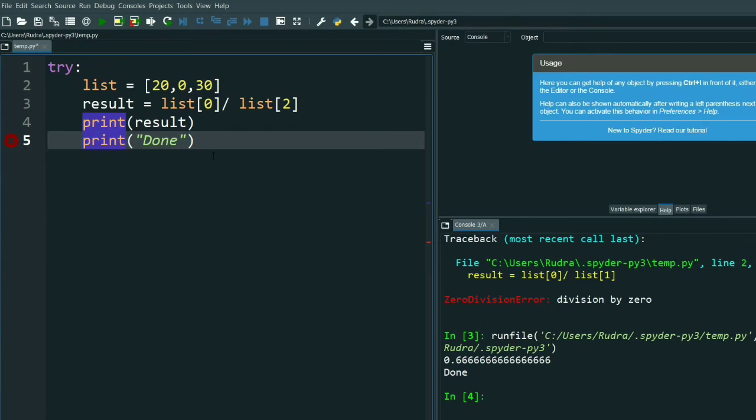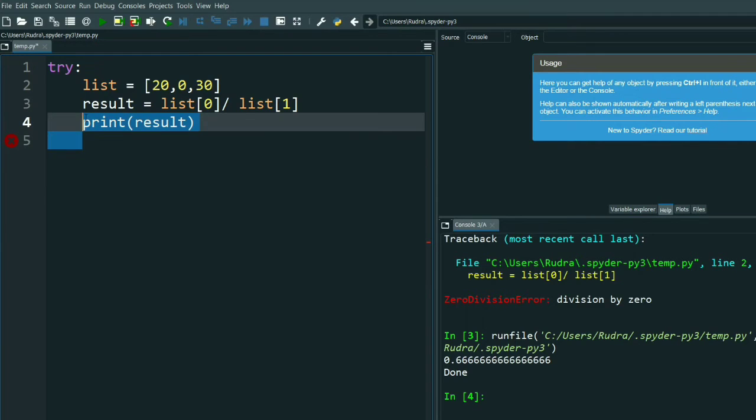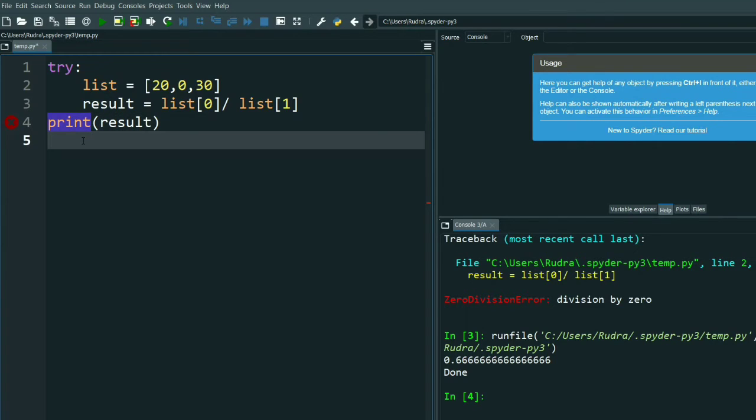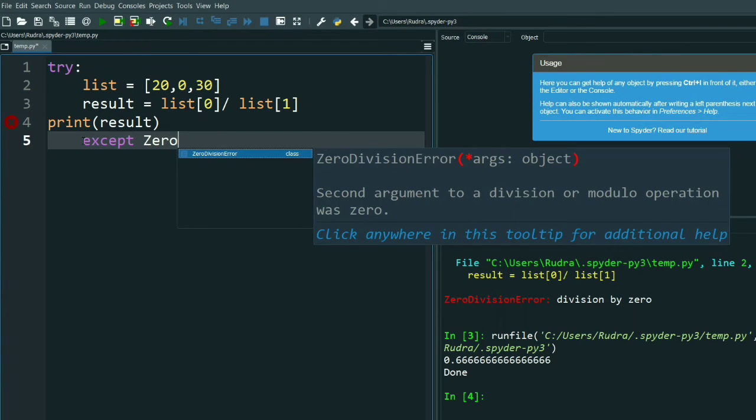Now, we all know this error is a zero division error, right? We all saw that it is a zero division error. Now, one thing you can do is just write here except zero division error.